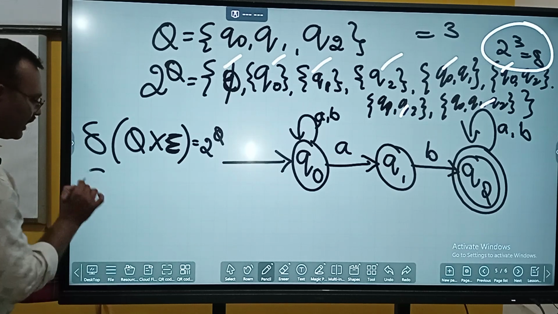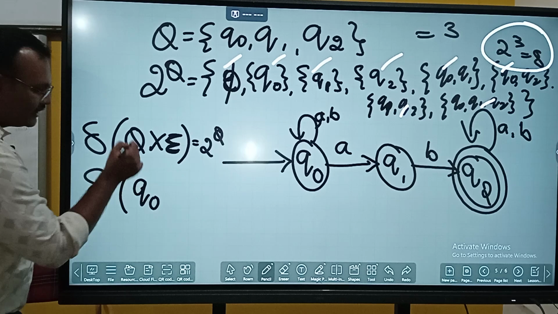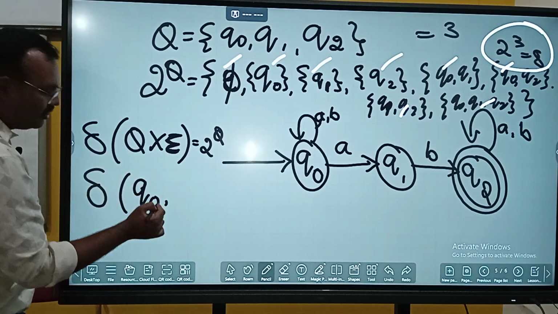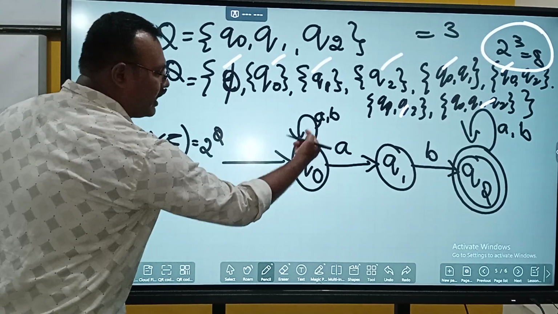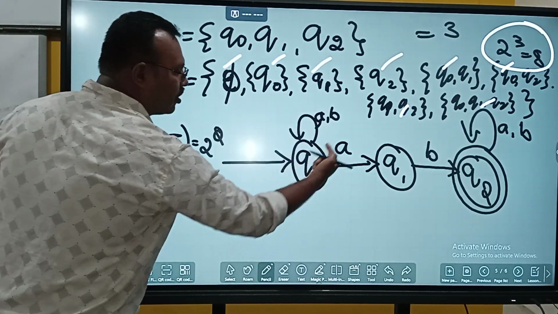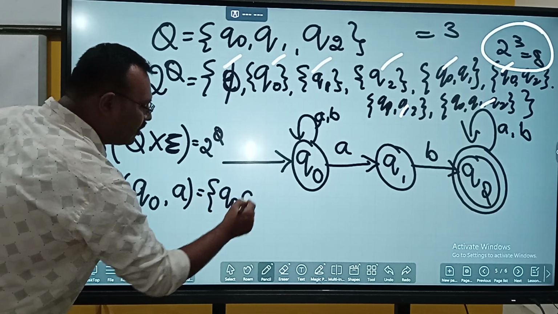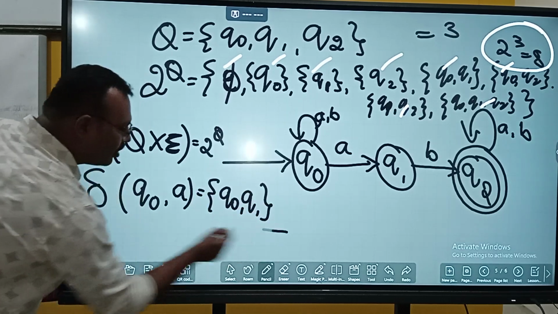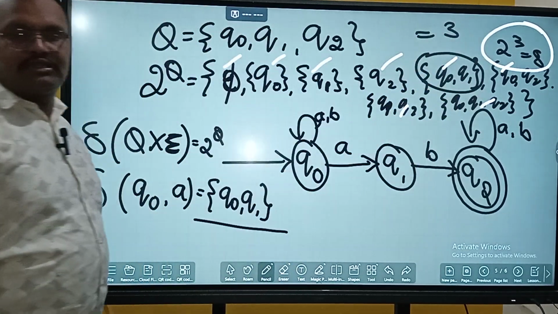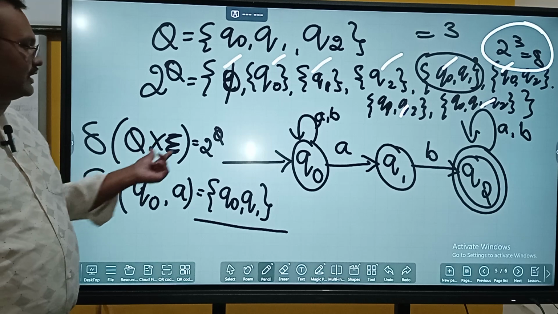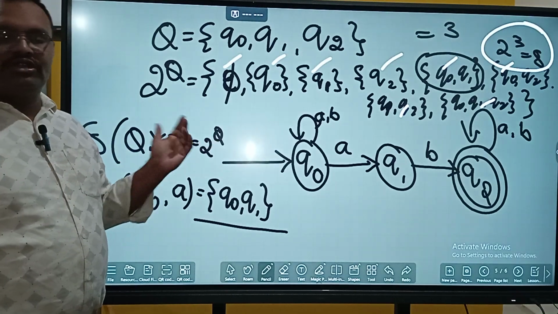Now see, transition from state Q naught, that is a state, no? Comma, over alphabet A, what are you getting? Q naught on A is Q naught. Q naught on A can go to Q1. So Q naught comma Q1. Is it not belonging to the power set? Yes, that is why we say the result can be from the power set. So this is the main